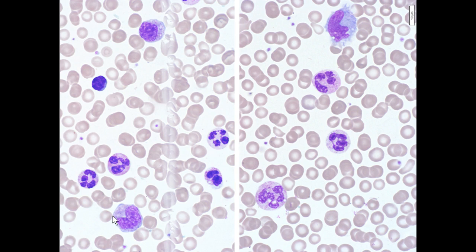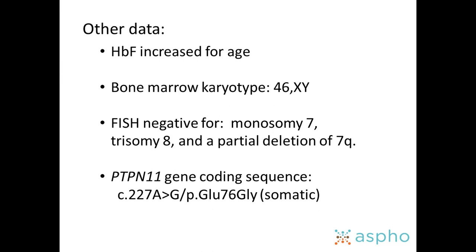There are monocytes, some of which appear somewhat immature, and there are also other immature myeloid precursors out in the blood. Here's another view showing another immature monocyte, as well as a hypersegmented neutrophil. Other data, this patient had an increased hemoglobin F for his age. He had a normal bone marrow karyotype, and his FISH was negative for monosomy 7, trisomy 8, and the partial deletion of 7q, as might be expected in myelodysplastic syndrome. But